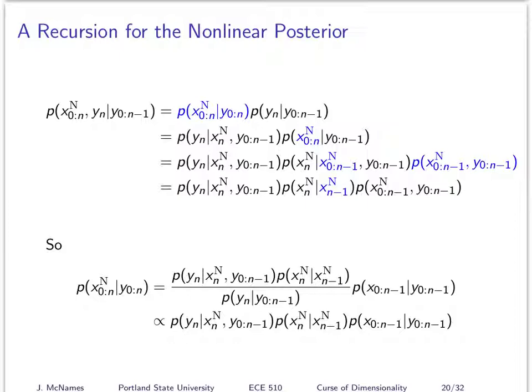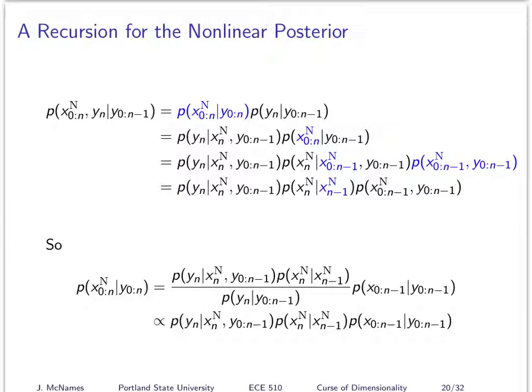Here I'm conditioning on y of n, and writing this as the conditional, and this is then the marginal of what's left. And this is doing it the other way around, where I write this as y of n conditioned on the nonlinear portion of the state, and then this component. And then we go down one step, and I'm doing Bayes' theorem again on this term. So I'm writing this as the nonlinear portion of the state at time n, conditioned on the past, and the past,